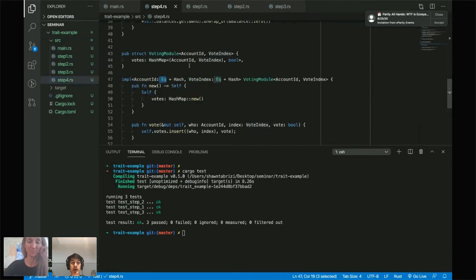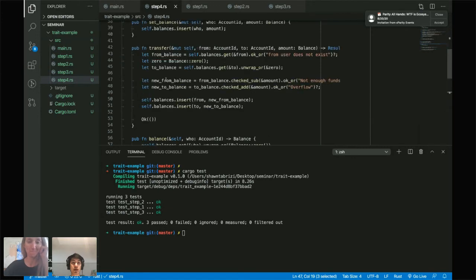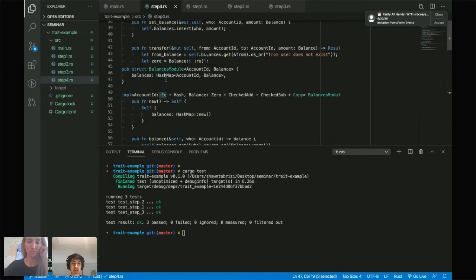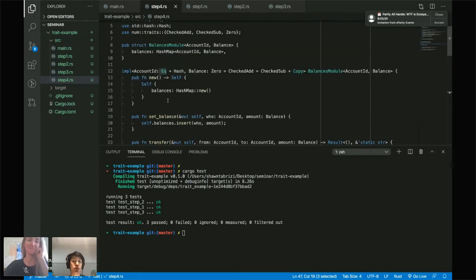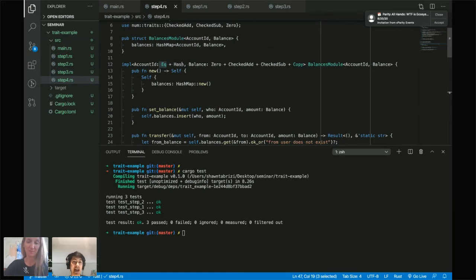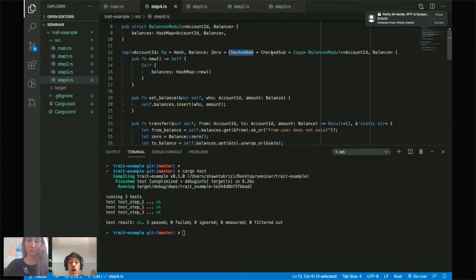I've implemented the traits. You can see I imported the traits up at the top, so I don't have to do the whole definition like I did in mine. That's what I just did up here. And you can see I had to do something similar with the balances. But balances actually had more constraints. So account ID also has equal and hash. But balance also needed the zero trait, because I wanted to know that I can return a value that is zero. It had checked add and checked sub, and also copy. So these are all the additional traits I had to add to balances to be able to do things like checked mathematics on the balances. I need to know that this type will have these operations here, right?